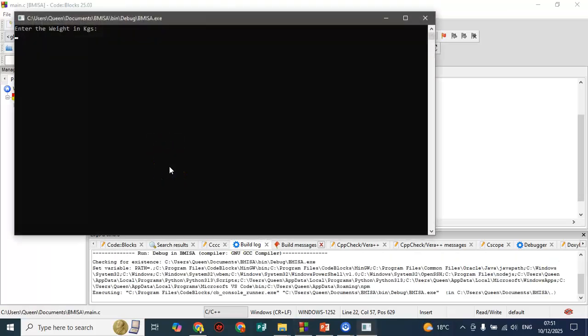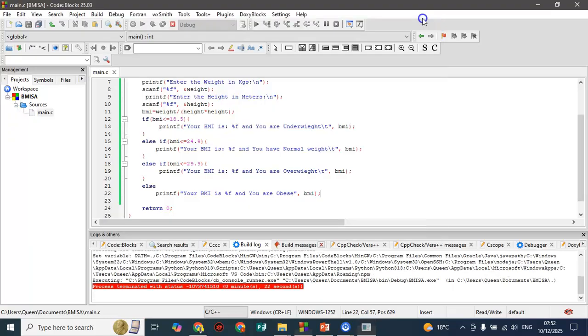Let's check again someone who has 100 kgs and their height is 1.5. Your BMI is 44 and you are obese. So this should say you are even dying. So what do we do? We need to reduce these decimal points to maybe 2. 2 is imaginable. So to do that, you'd come here, look at this %f, just before that %f, then you say 0.2f, like that. So that means 2 decimal points,